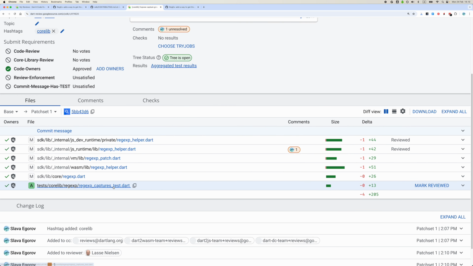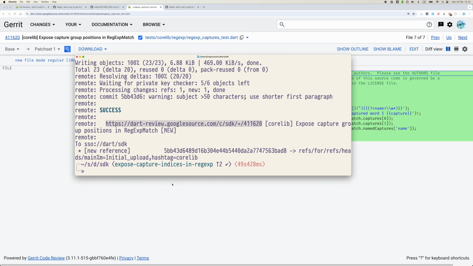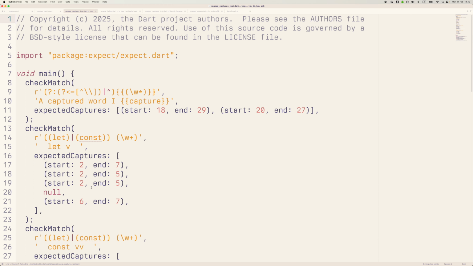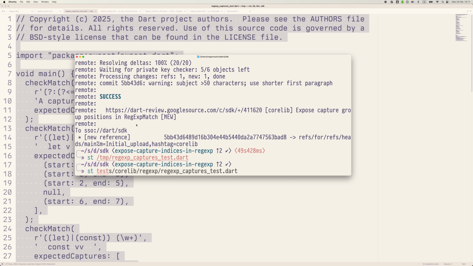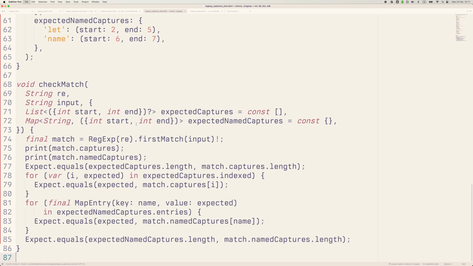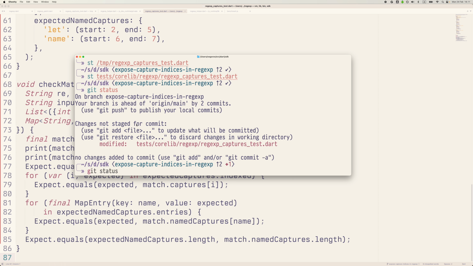Okay. One thing that I noticed here after I send it is that my test is very primitive. It just checks one regexp, doesn't check a lot of functionality. So what if I want to add a little bit more? So for example, I have some slightly bigger test which tests different options. Okay, so I can copy and paste it into my tests. Okay, I save it. So now if I look at the status, the file is modified, I add it,